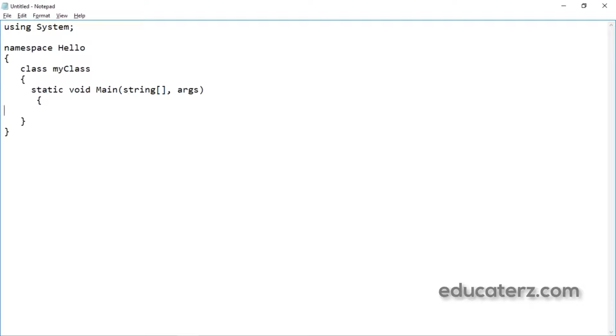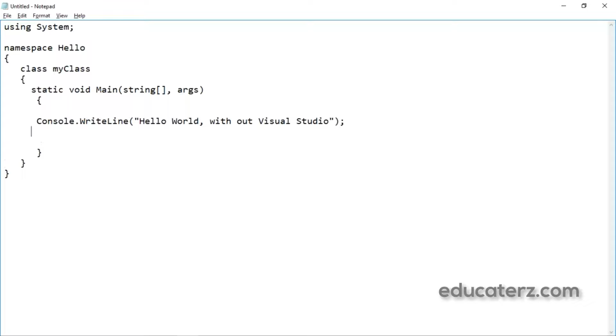Then the Main method contains, inside which you can have the Console.WriteLine method: Hello world without Visual Studio.